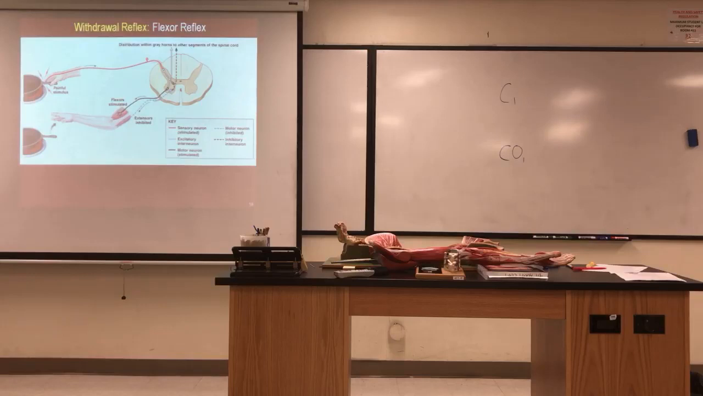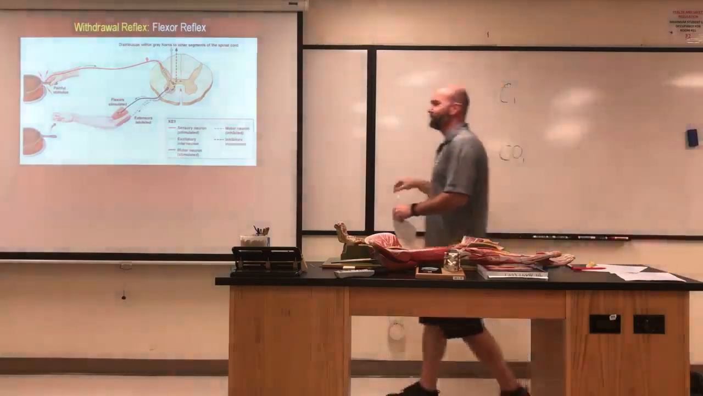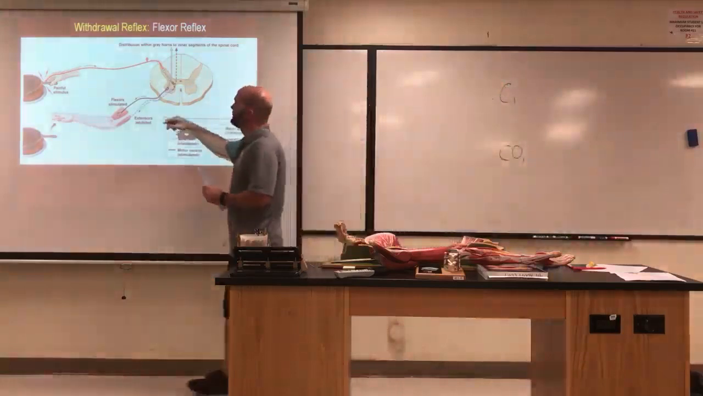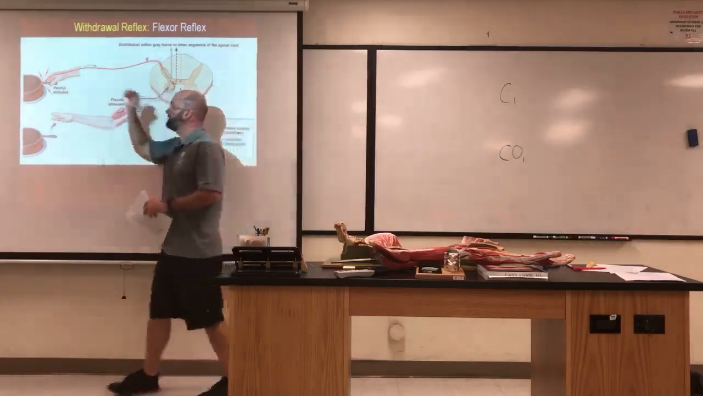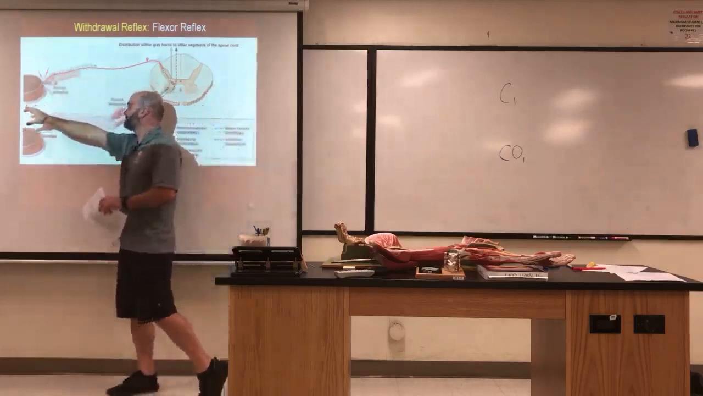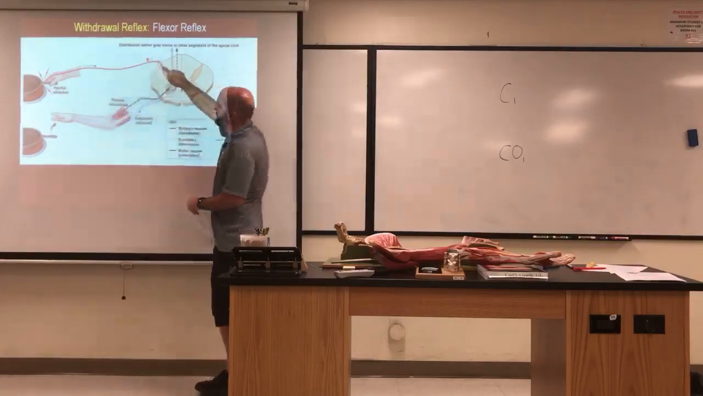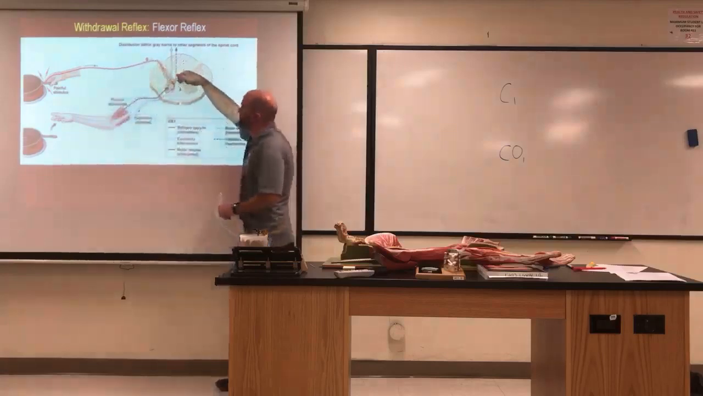Function, withdrawal. The name tells you. Withdraw from something that's potentially damaging. If we're talking about upper limbs, it's a flexor reflex. If it involves lower limbs, it's a cross extensor reflex. Here, if the right hand touches something painful, something damaging, signals come in through that nociceptor, which is a pain